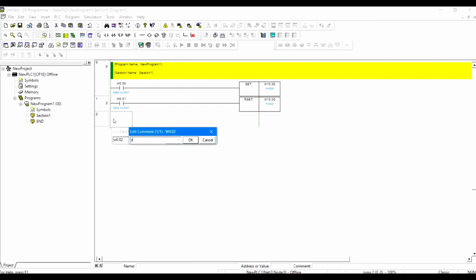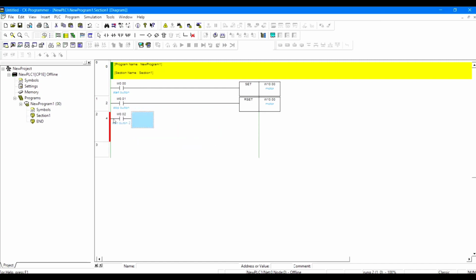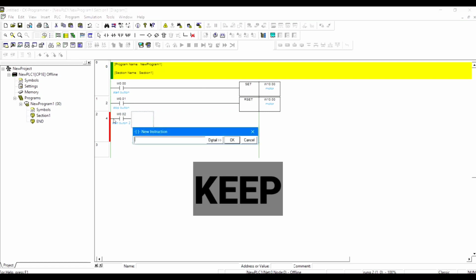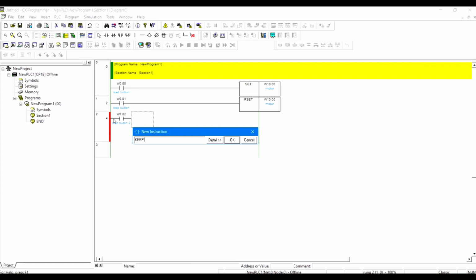Let's call it start button 2, then press enter. Then insert a KEEP instruction by pressing I, then type KEEP, then enter the bit you want to set, let's say W12.00, press enter, give the comment, let's say motor 2, press enter.